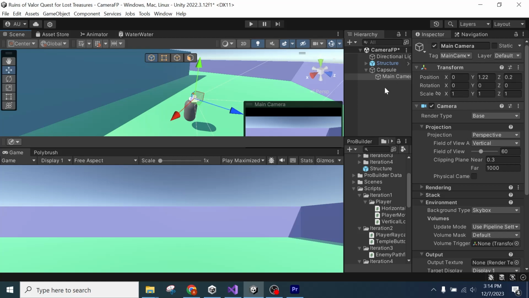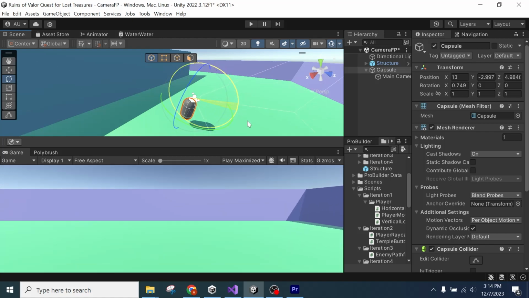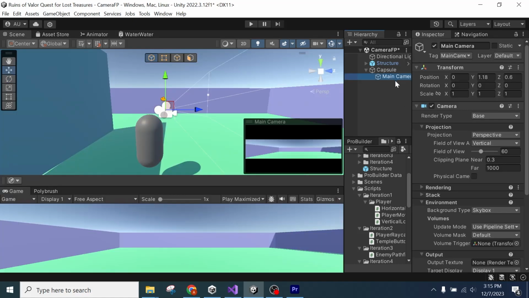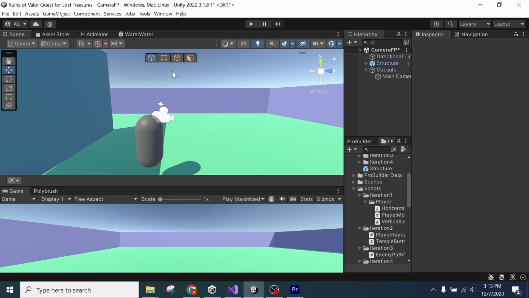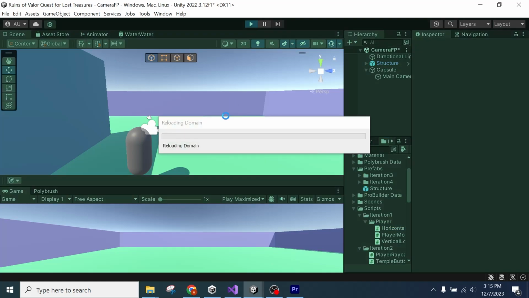The reason we attach the vertical look to the camera and not the capsule itself is because if we rotated the entire capsule when we looked, the capsule would do kind of one of these. Okay, so now I've got my camera set to about 1 in the Y and 0.5 in the Z, so it's just above and just in front of the player. I'm ready to add some code to move the camera vertically and some code to move the capsule horizontally. So I'm going to add my vertical look script to my main camera and my horizontal look script to my capsule. And when I press play,